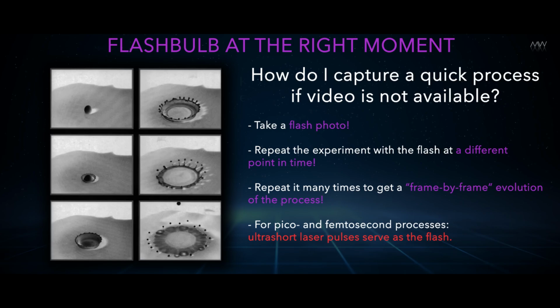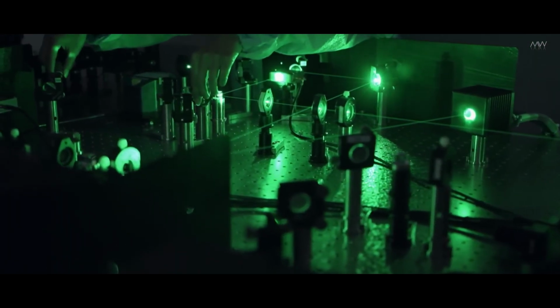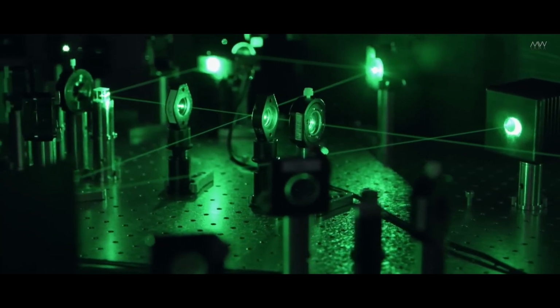If you flash at the right moment in time, you'll see the state of the system at that moment. And now all you have to do is repeat this experiment time after time and flash at different moments in time. Of course, it's going to be different experiments. But if you have conditions that are repeated, then you would expect the developments to be repeated as well. And so this shows sequential footage of how that process happens. Something like this is also used in ultra-fast physics, but instead of a flash, people use ultra-short laser pulses. These are the ones that allow you to look into the femtosecond range.